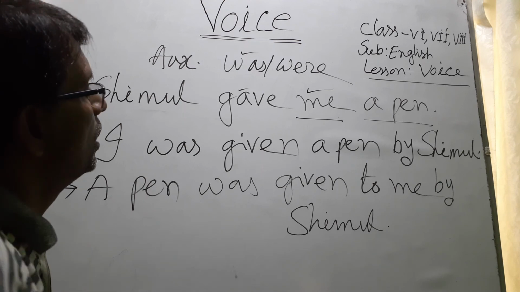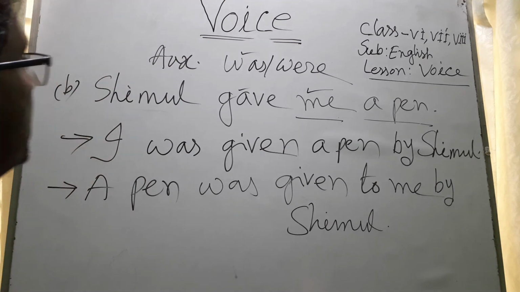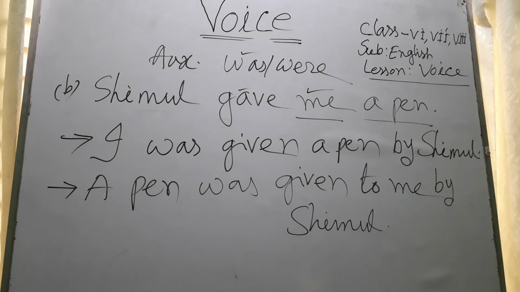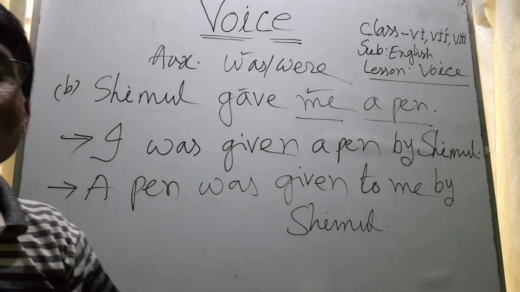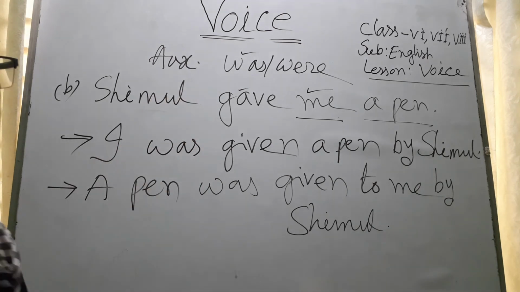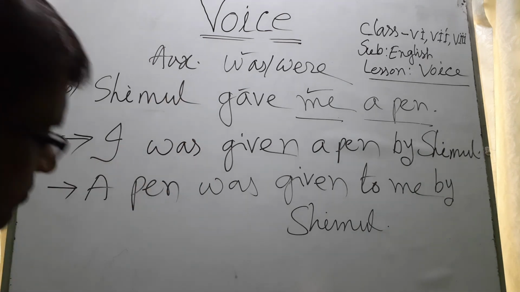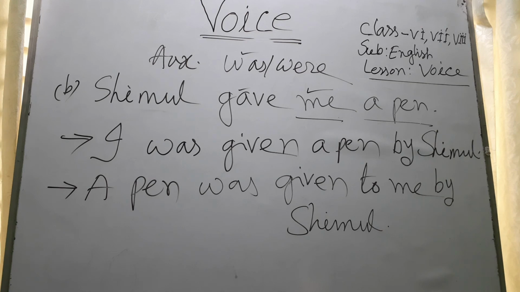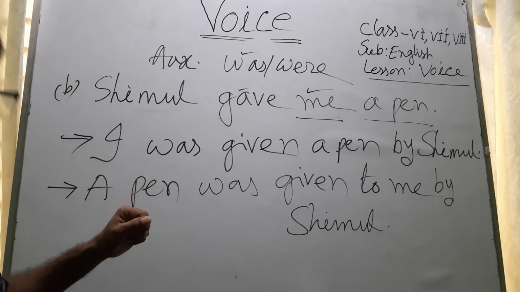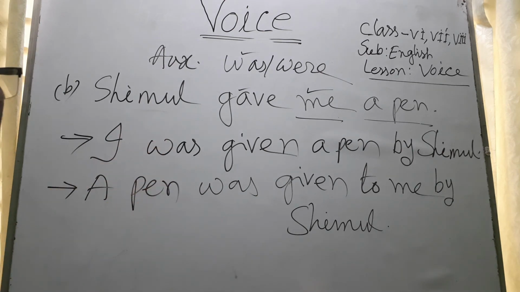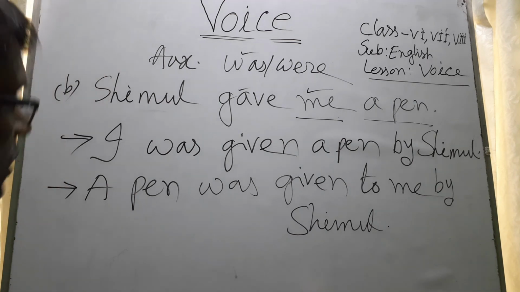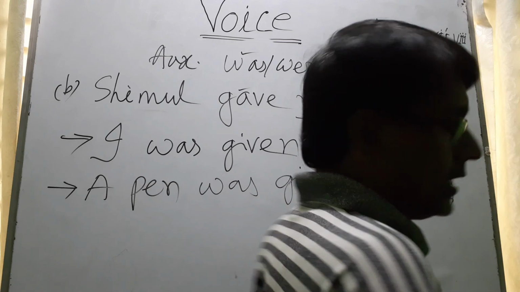And here we have completed the general rules of doing passive voice of assertive sentence. But there are some exceptions to these rules of assertive sentence being passive voice. And today here I like